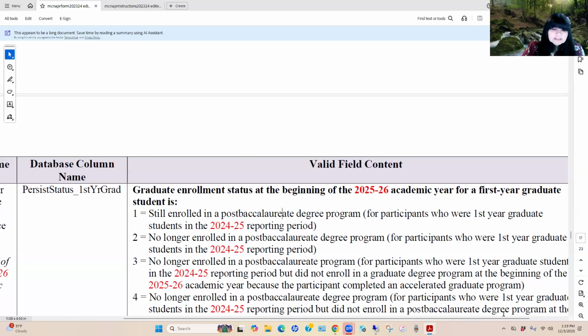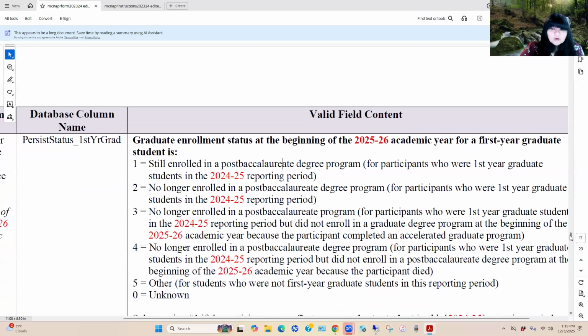Option number three is they were no longer enrolled because they had already completed an accelerated graduate program. And then option number four is allowing us to respond to students who were no longer enrolled because the participant had died or had become deceased. Okay. Option number four, again, allows us to remove individuals from the denominator so as not to impact the outcome of this particular objective. Okay.